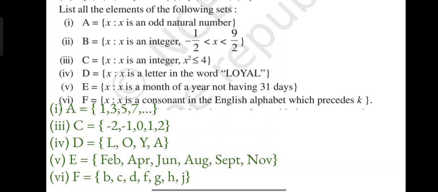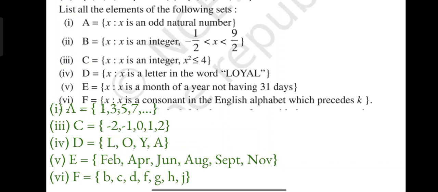And for the next one, X should be a consonant. What is X? What does consonant mean in the English alphabet? A consonant is a letter that is not a vowel. That means except the letters A, E, I, O and U, all the other letters in the English alphabet are consonants. So we can write starting from B. Since A is a vowel, we should start with B, and we can write up to Z.